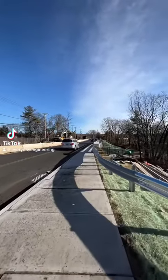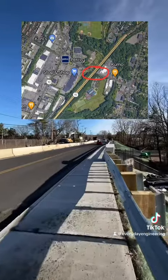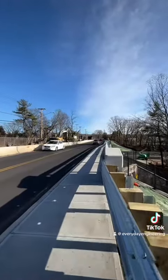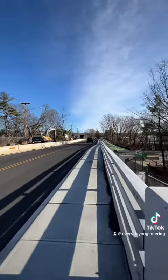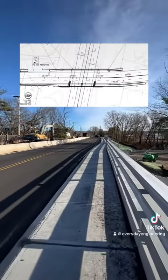This is the Skiff Street Bridge over Route 15 in Hamden, Connecticut. It's been under construction for a little while now. The bridge has to be rehabbed because it was built in 1948. It needed some work anyways, but in reconstructing the bridge, they're widening it to 4 lanes for cars, which is more